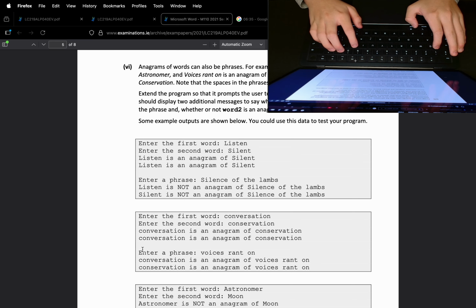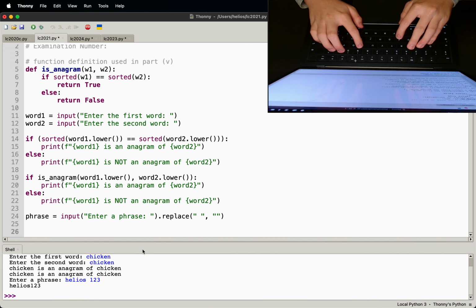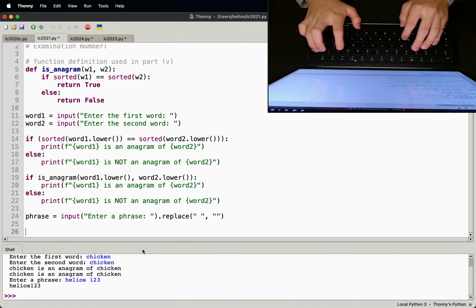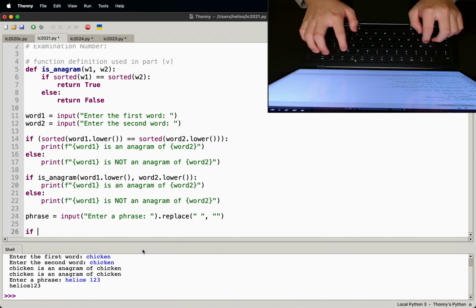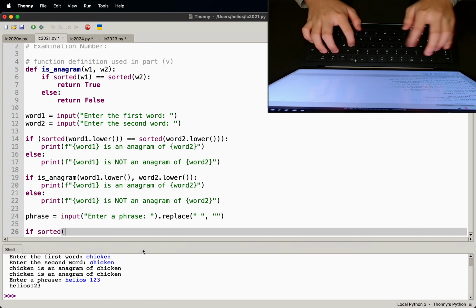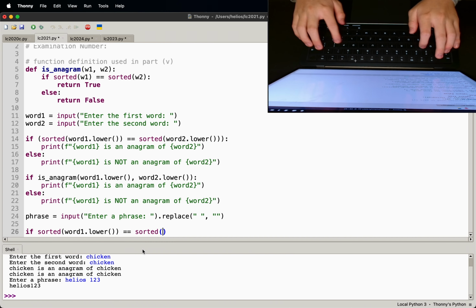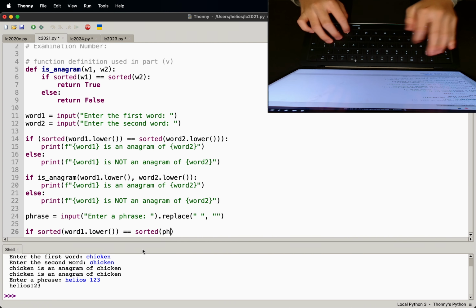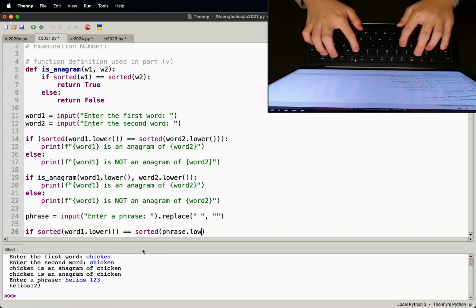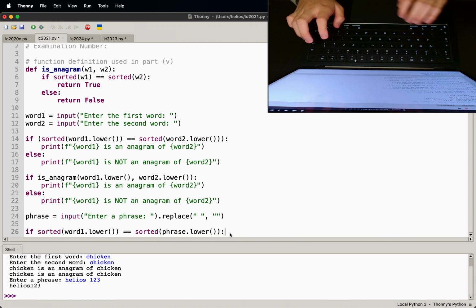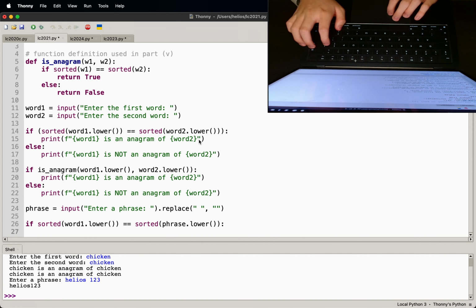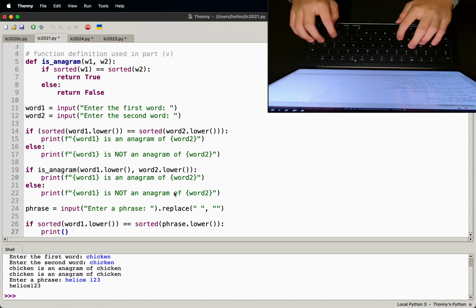Does it want me to make a function? I'm not gonna make a function because I don't think the examiner has specifically asked me to do that. If sorted word 1 dot lower equals sorted phrase dot lower, print f